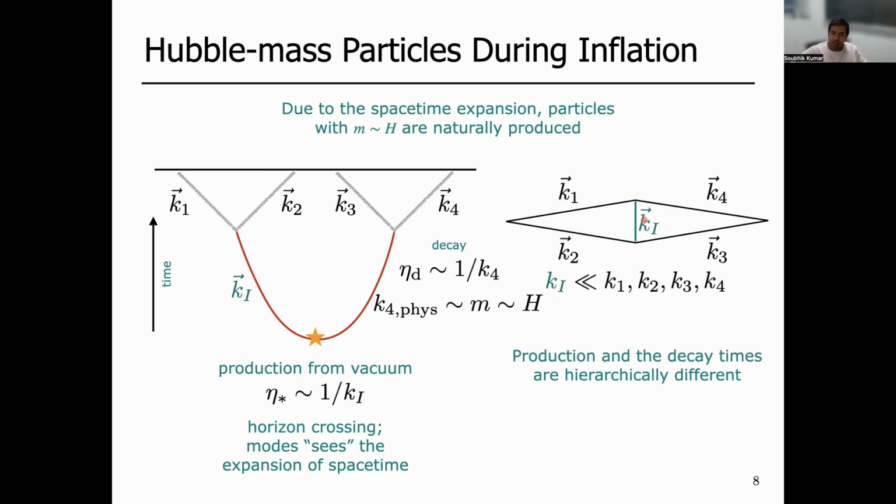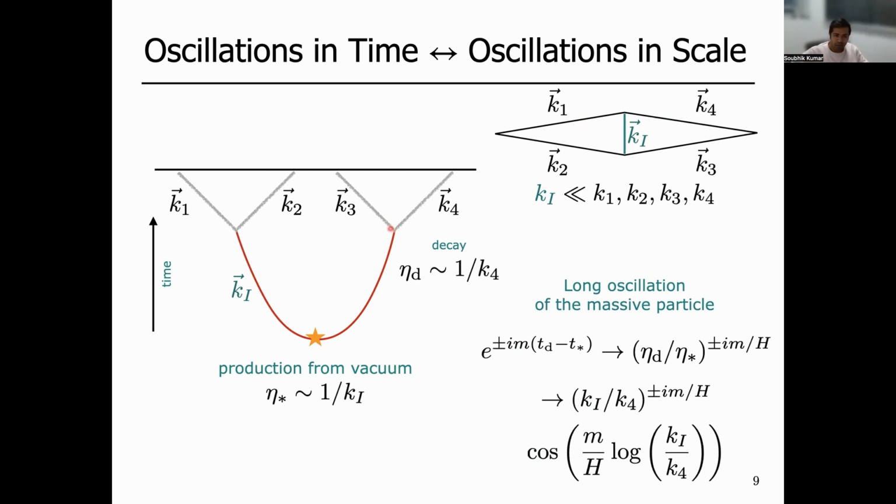So interestingly, what happens in this limit is you can show that given this value of ki, while the production time is given by 1 over ki, the decay time of this particle, based on just local energy conservation, is actually given by the size of the external momentum, so for example, 1 over k4. Since ki is much, much smaller than any of these external momenta, this basically means that between the production time and the decay time, there's a long gap. And what that means is that within this time window, the heavy particle gets produced and propagates on shell.